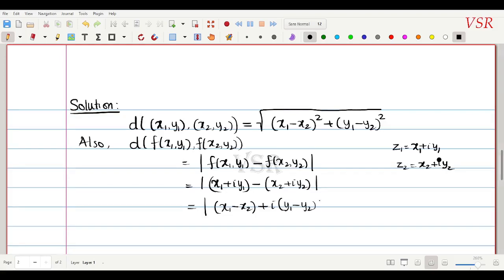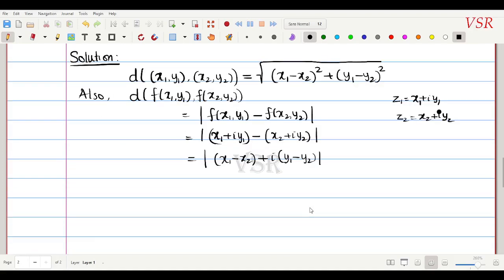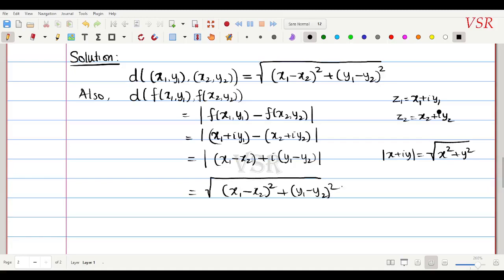Now, what is the modulus of x plus iy? This is equal to the square root of x squared plus y squared. So in this case, this is equal to the square root of (x1 minus x2) the whole squared plus (y1 minus y2) the whole squared. This is the same, so this is equal to the distance between (x1, y1) and (x2, y2). Okay, hence